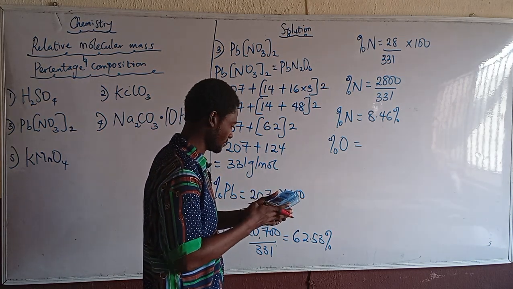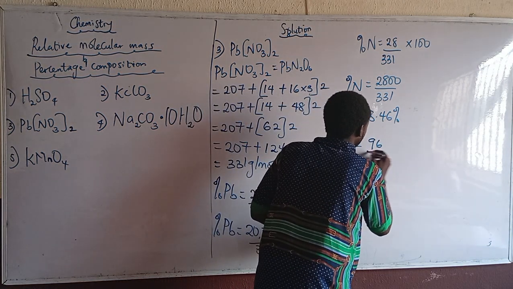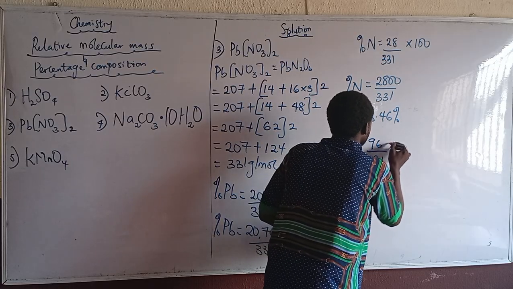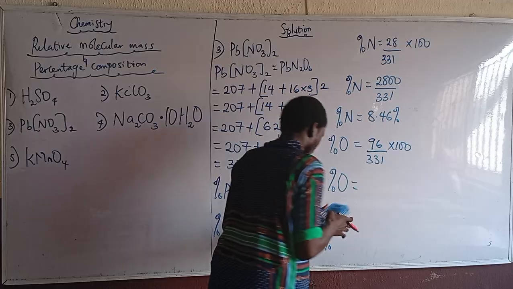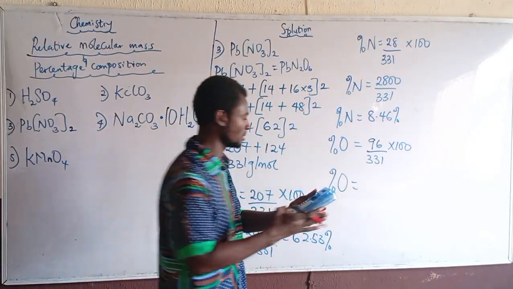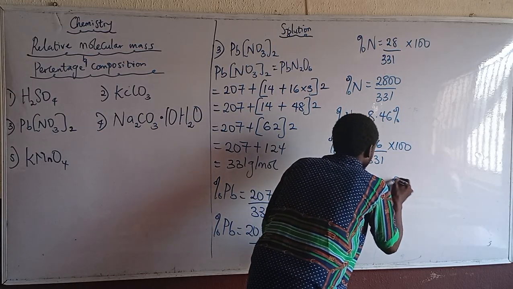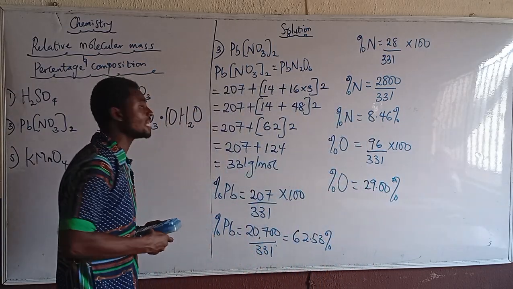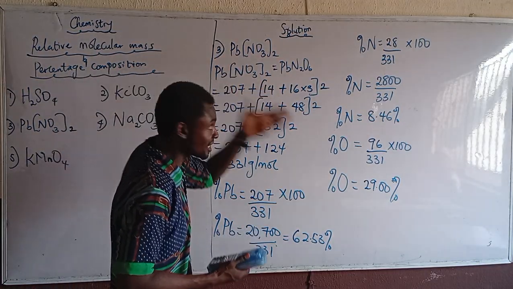So here becomes 96 divided by the total 331 times 100. So the percentage of oxygen becomes 9,600 divided by 331, that is 29.00%. So that is for lead 2 trioxonitrate 5, which can also be written as